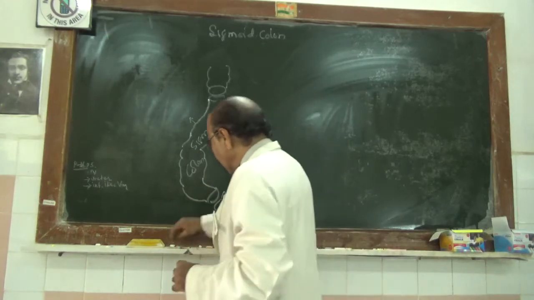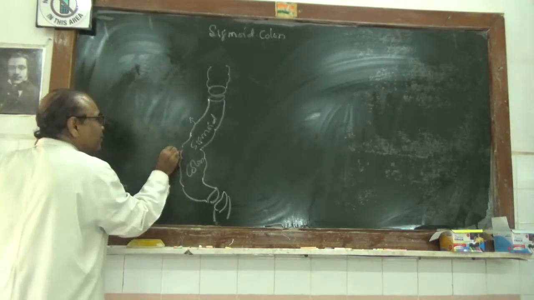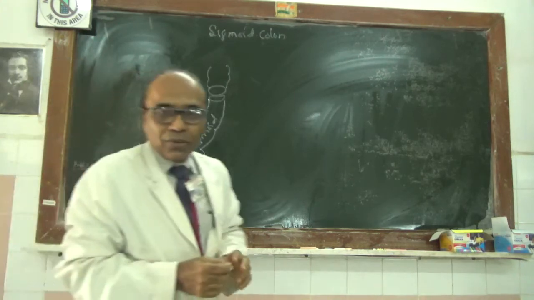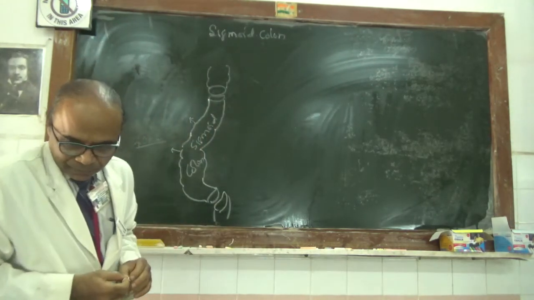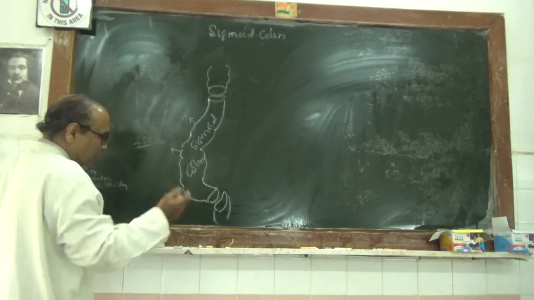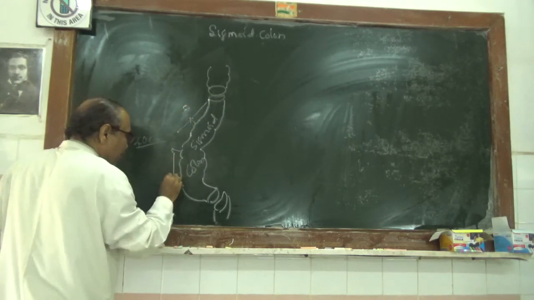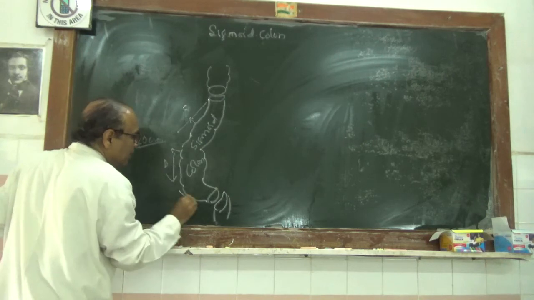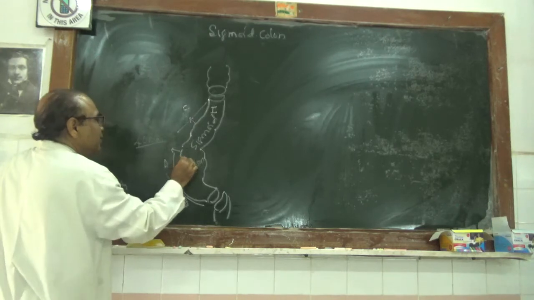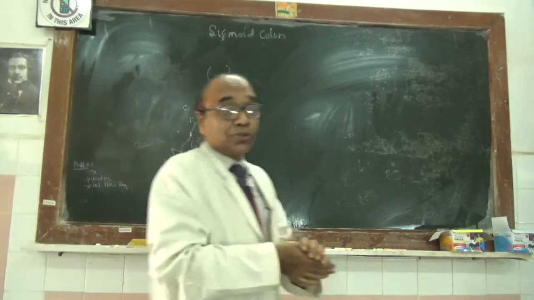Now when it runs, it will traverse 40 centimeters. So this is the length of it. When it travels, it will travel first forwards, downwards, and then backwards. So they are the three phases. This is the first phase, this is the second phase, this is the third phase of the course of